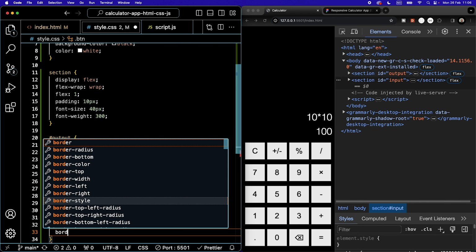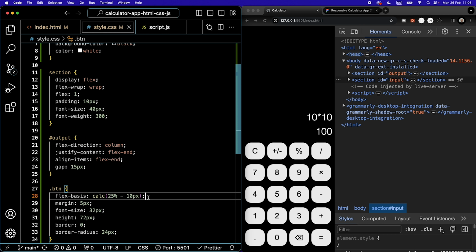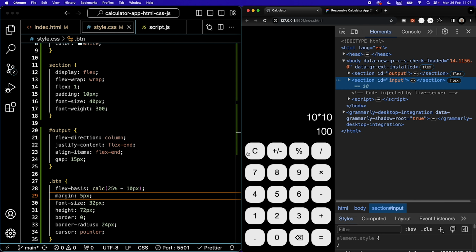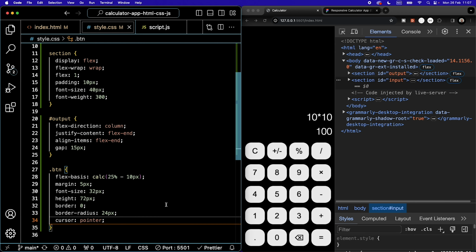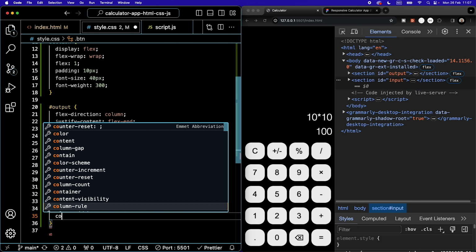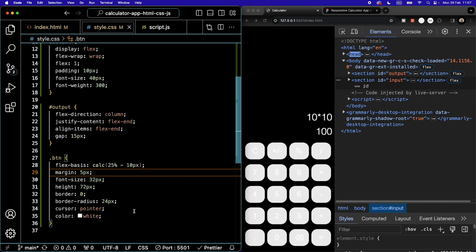We are gonna add a border radius to round out the edges of the buttons. And we're gonna give a cursor of pointer so that when we hover over these buttons, our cursor turns into a pointer. Then we are also gonna give the color of white to the buttons, like so,